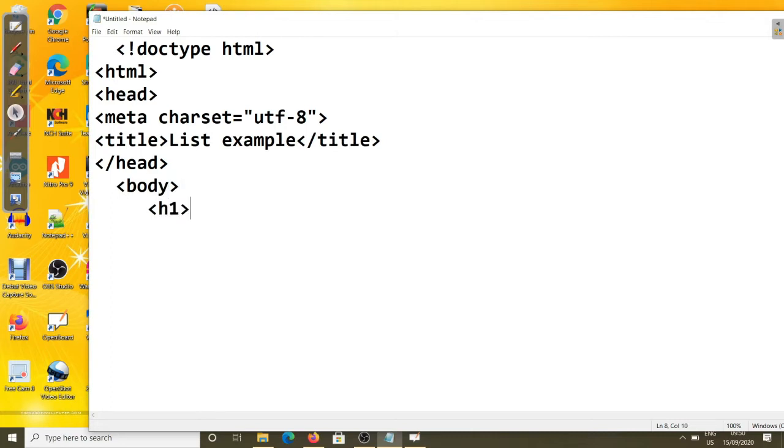Here I am writing h1 align center, and then "This is the example of the unordered list", then close the h1. This is just like a heading. Now coming to the syntax: the first example is for the unordered list, so the syntax is ul.